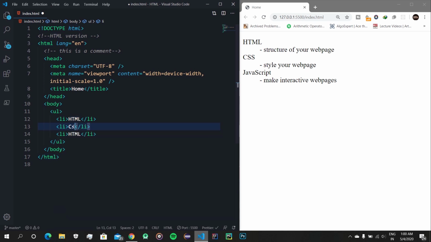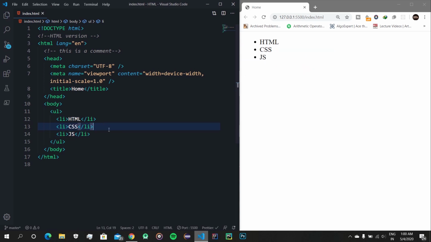Let's do CSS here, let's do JS, short for JavaScript.